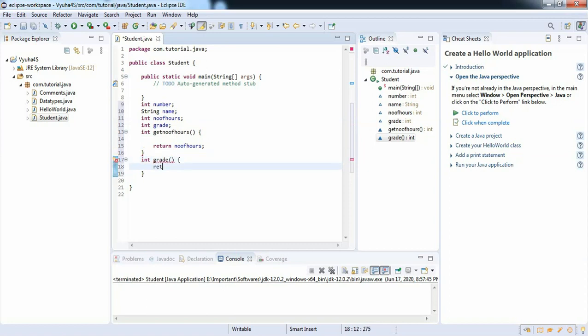Here it should also return some value, so I'm returning grade. Inside the method you can add number of hours as a local variable.